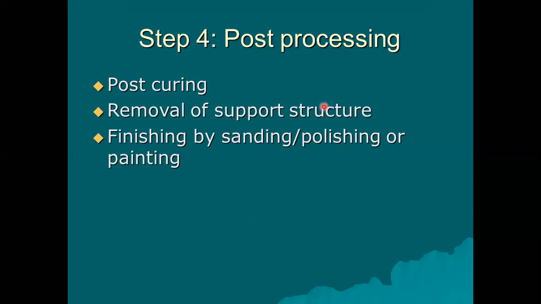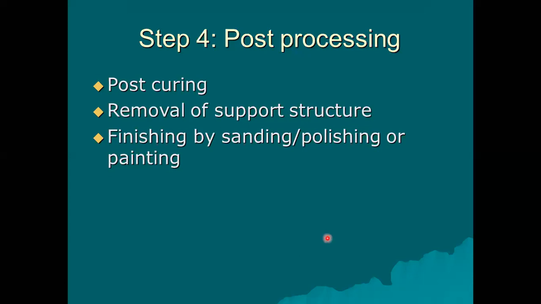Then support structures. Now support structure is a very important aspect of 3D printing. Why is it an important aspect? Because if you are producing a component and later on there is an overhanging feature, correct? So if you have not planned in advance, there will be nothing on which you will deposit, correct? So that's the issue which we face.